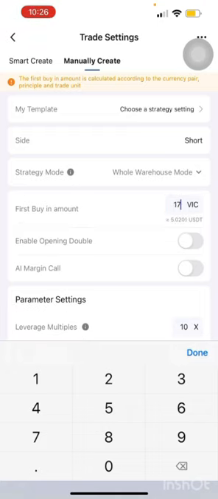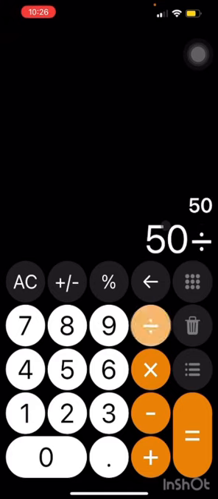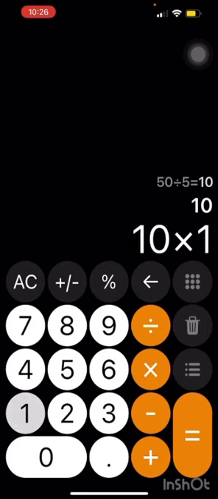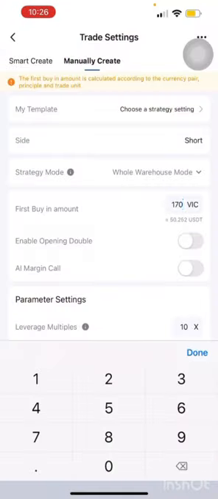Okay, let's assume you want to use $50 as your first buying amount. So that will be $50 divided by $5. That is 10. You can buy that 17 VIG 10 times to give you $50. So 10 times 17, that is 170 VIG. Okay, 170 VIG is equivalent to $50.30. Okay, $50.3. So you can just adjust it so that you don't let it be more than the $50. You can adjust it to